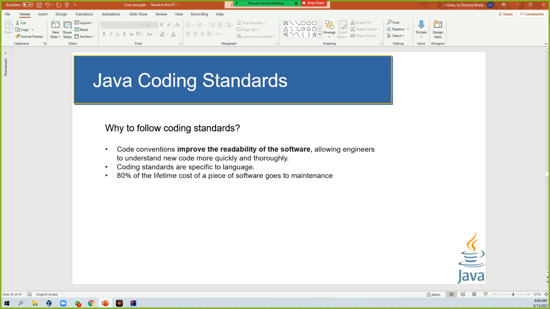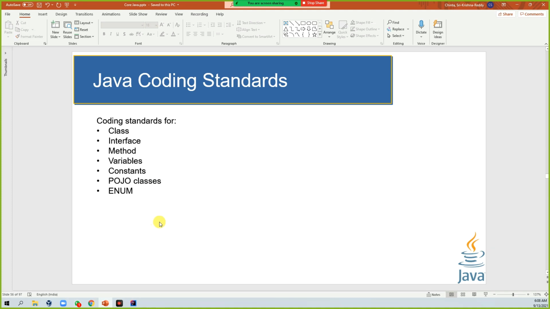Finally, it should be easily maintainable. That is the main concept of standards. When you follow the standards, the code will be neat, and you can easily read it and understand it. That is the main importance of the standards.